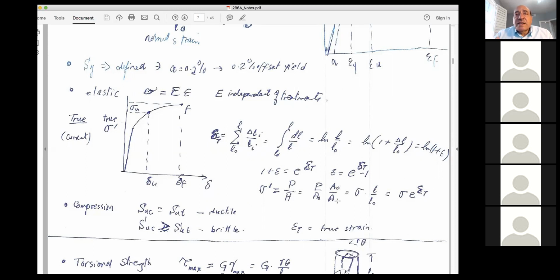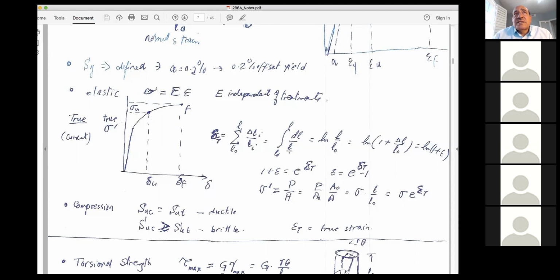So I'm going to use conservation of volume, meaning A times L is the same as A0 times L0. And therefore, I change A0 over A to L over L0. L over L0 is the exponential of delta true, because we know that natural log of L over L0 is equal to delta, the true strain.